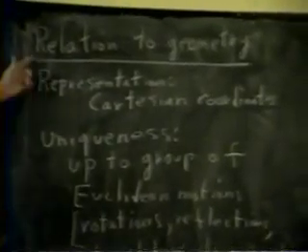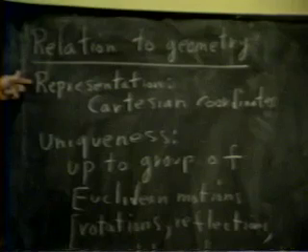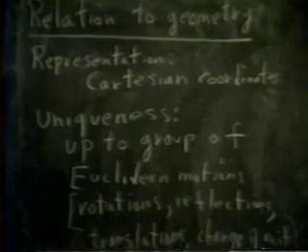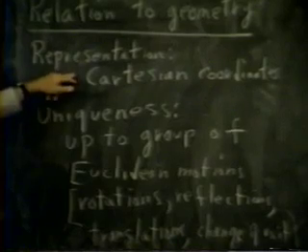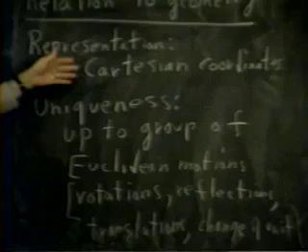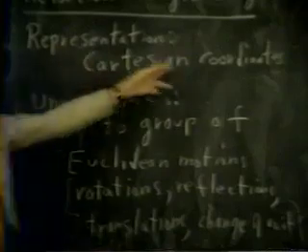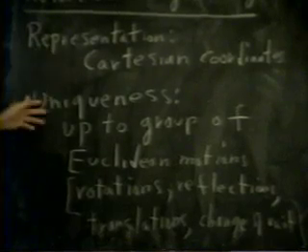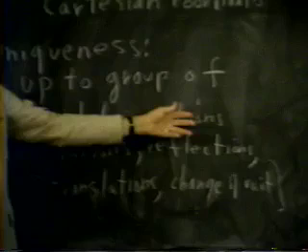But to tie into this classical tradition in geometry, what we are doing in measurement, let us just consider the case of Euclidean geometry. The classical representation theorem is, in essence, the one established by Descartes. The representation of the Euclidean plane or Euclidean three-space by Cartesian coordinates. And the uniqueness of that representation, a way of talking about it in geometry, is that the uniqueness is up to the group of Euclidean motions.